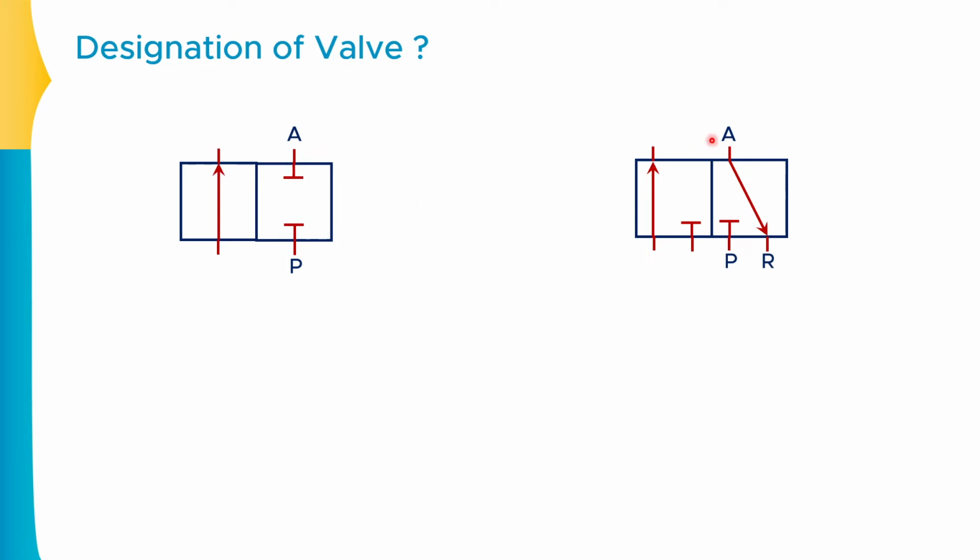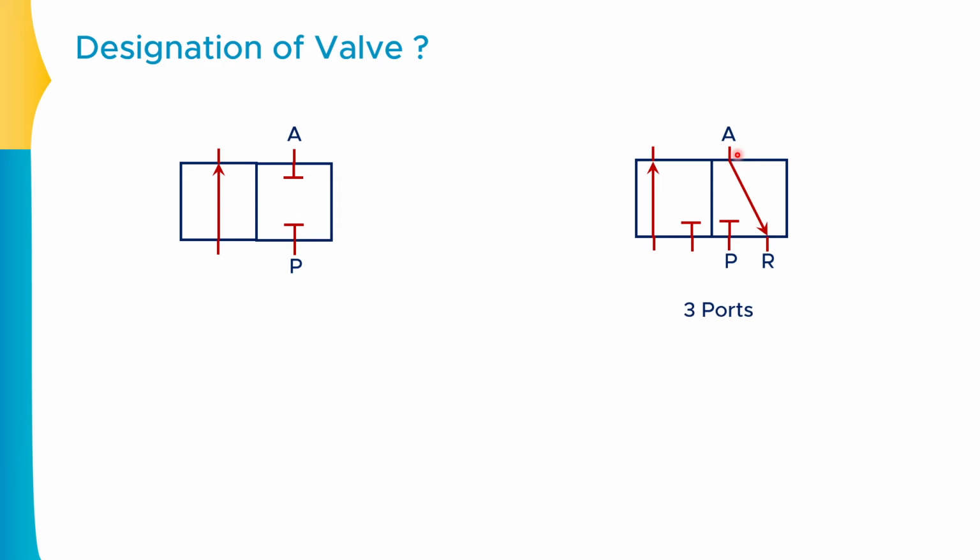Now if you observe, this is a somewhat different situation. There is one P port available over here. Second, there is an R port over here, and third, this is the A port. Remember, I just told you that to identify the ports, you have to count the number of notations available on only one square, because the second square will be a repetition of the same. So this is the first port P, the second port R, and the third port is A. So there are a total of three ports available.